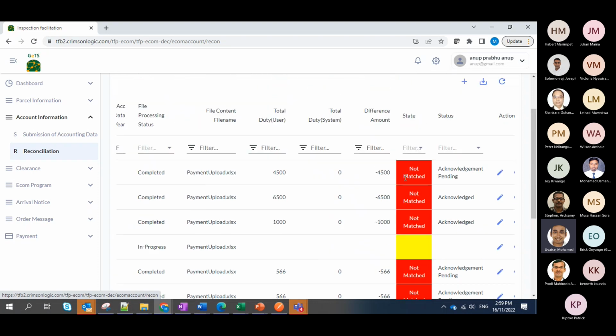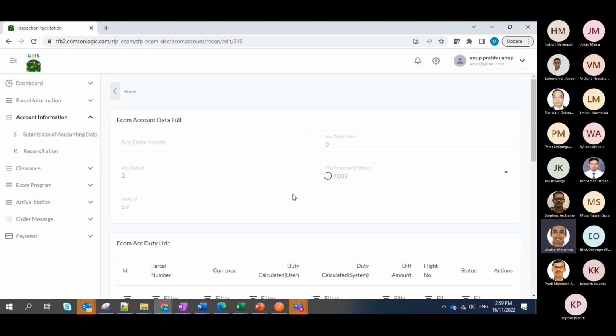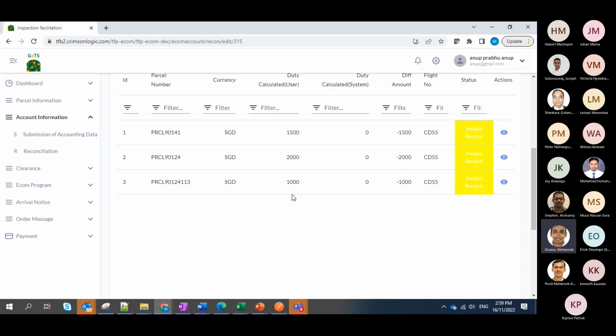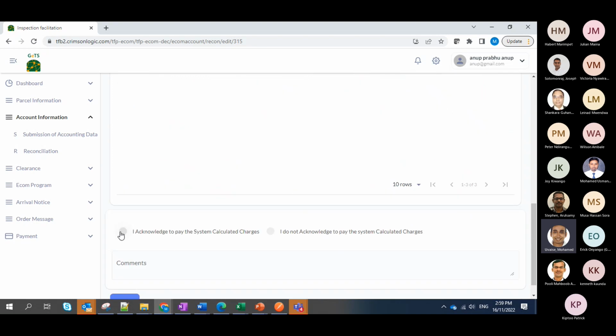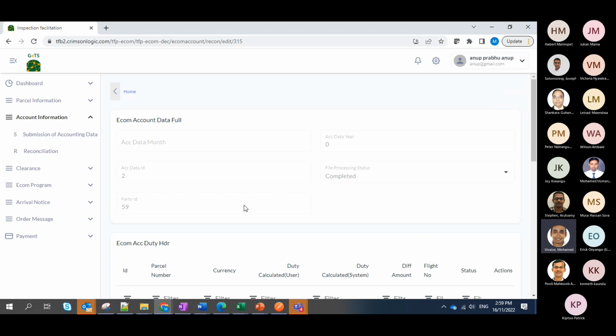If certain things are not matched, it would require the vendor to go in, review the information, and say what the discrepancy is, and the user acknowledges the discrepancy, and so on. Such features to facilitate the payment duties collection are also available.